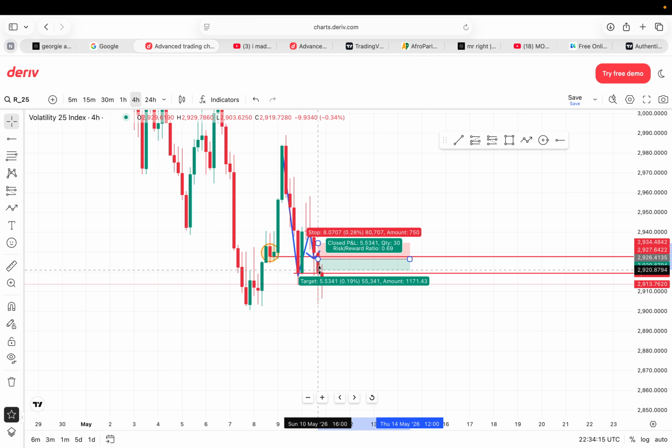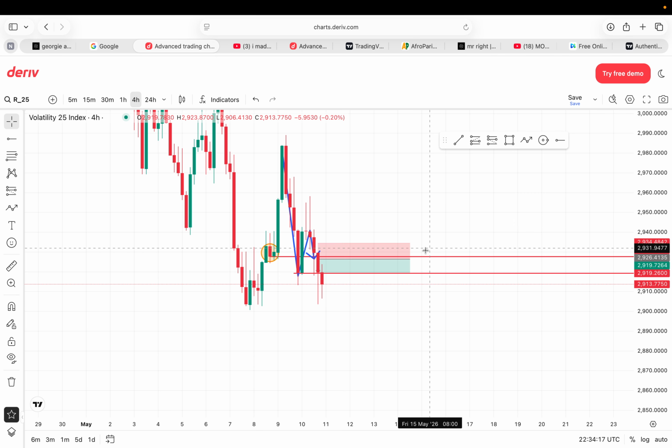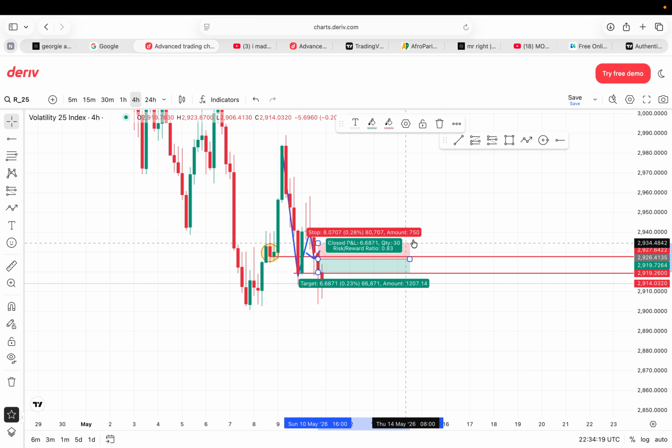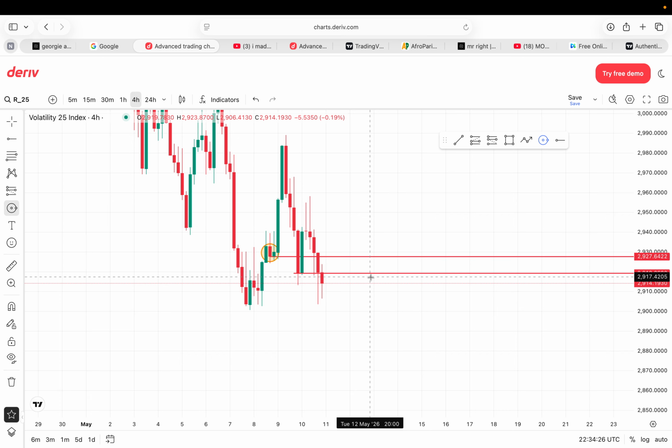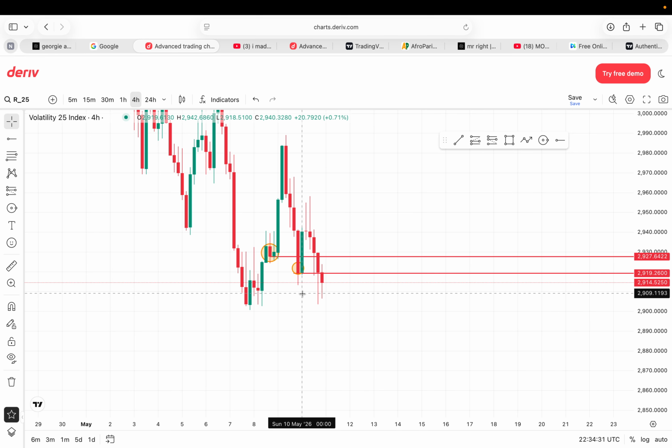I'll go to a smaller time frame so you can see it very well. So this was the trade that I took. This is exactly how I entered this trade. We've already seen that this place is where my take profit should be. I already have that on my mind. I'm not going to change that. Maybe with time, when I'm 100% sure my confidence level is back, because yesterday's trade had some kind of effect on me, but I'm good.